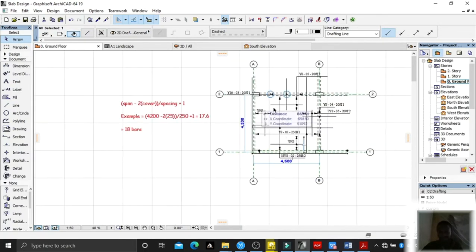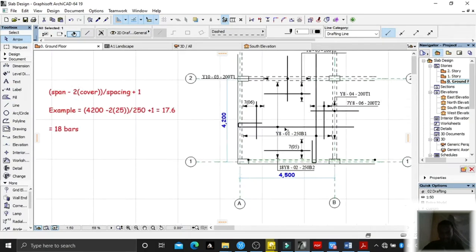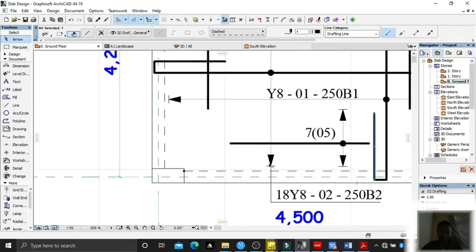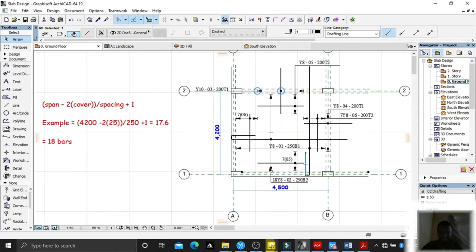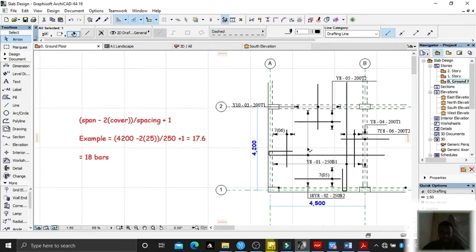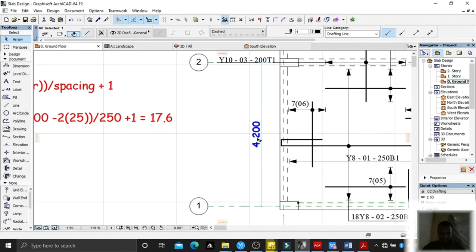Bottom two meaning that they are spanning parallel to the longer span being 4.5 meters, and as you can see, it's parallel to the 4.5 meters edge. And the spanning, as you can see, is shown by this dimension line from this point to this point. And how to compute the number of bars, we take now the spanning, which is 4.2